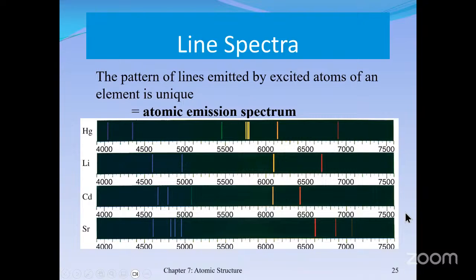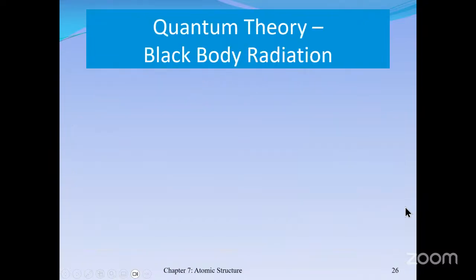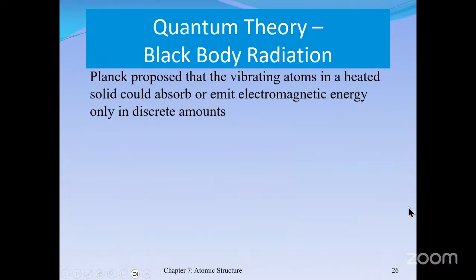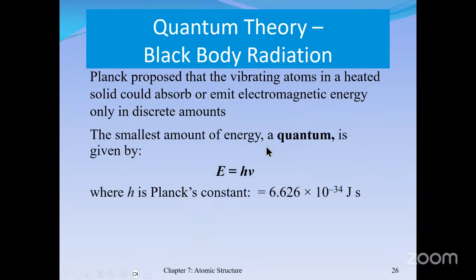Now, how are these produced by atoms? Well, we have to go into some aspects of what we call the quantum theory. This guy by the name of Planck came up with this idea that vibrating atoms in a heated solid can absorb or emit electromagnetic radiation, but only in small, discrete amounts, all right? And these amounts, called quanta,